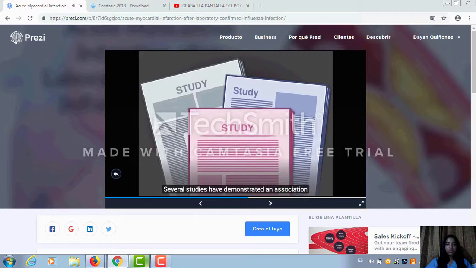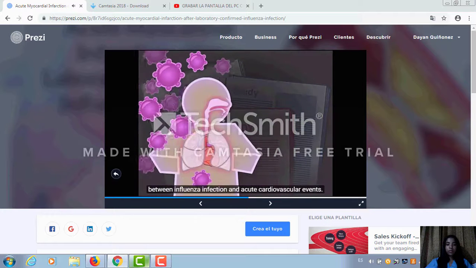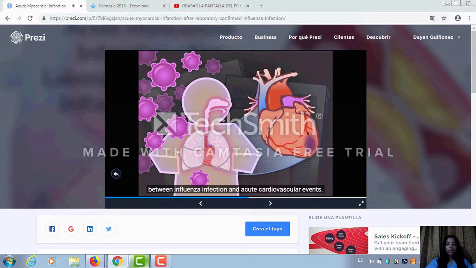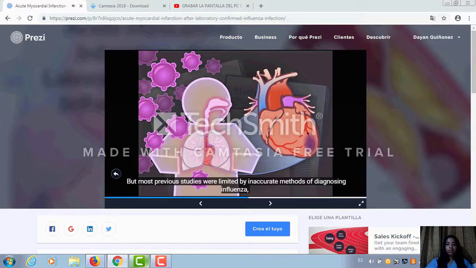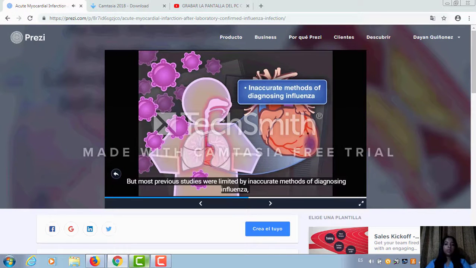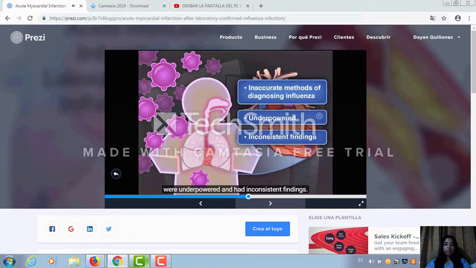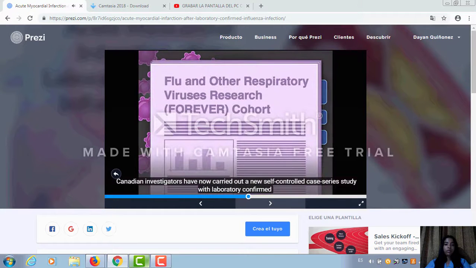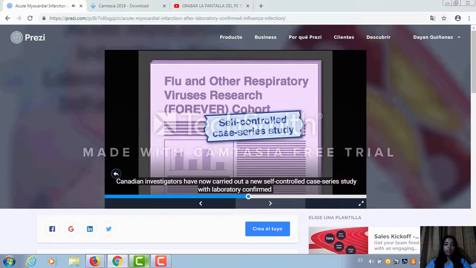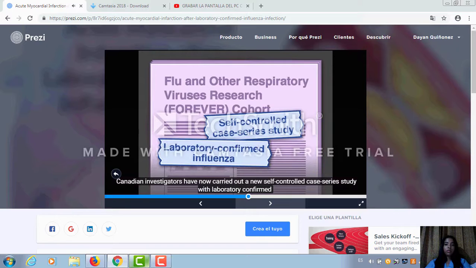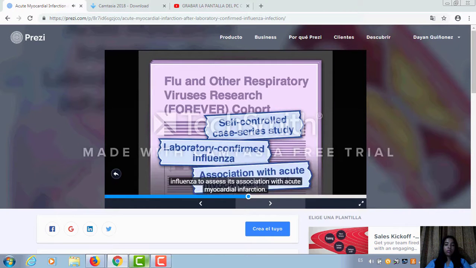Several studies have demonstrated an association between influenza infection and acute cardiovascular events. But most previous studies were limited by inaccurate methods of diagnosing influenza, and the few studies that ascertained infection by laboratory testing were underpowered and had inconsistent findings. Canadian investigators have now carried out a self-controlled case series study with laboratory-confirmed influenza to assess its association with acute